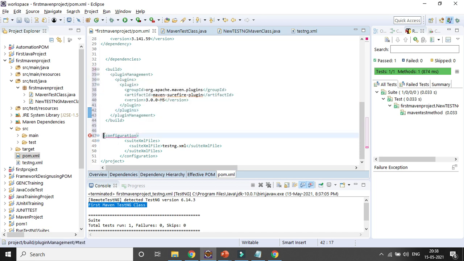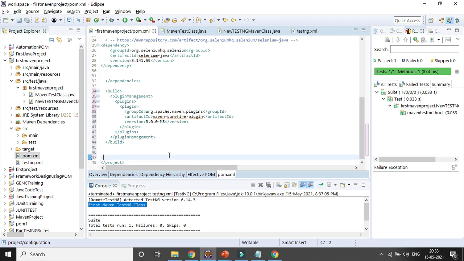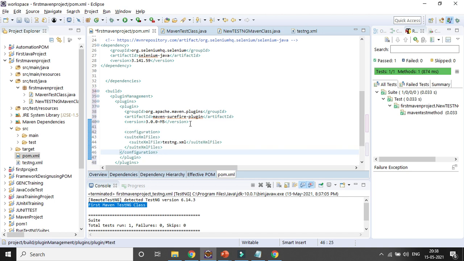The configuration needs to be added within the plugin, after the version. So that is the simple lines of code you need to add.